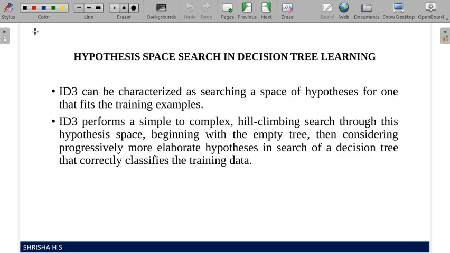So let's have a quick recap. What we are studying here is with respect to ID3, how it behaves in the hypothesis space, whether it selects all the trees, whether it produces only one tree, and what the author's observation is with respect to hypothesis space.